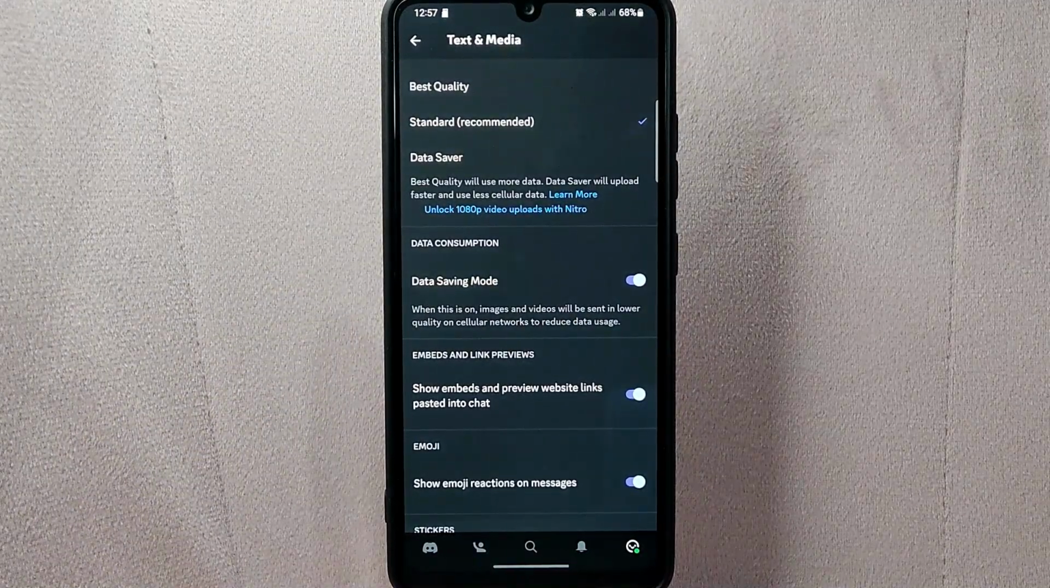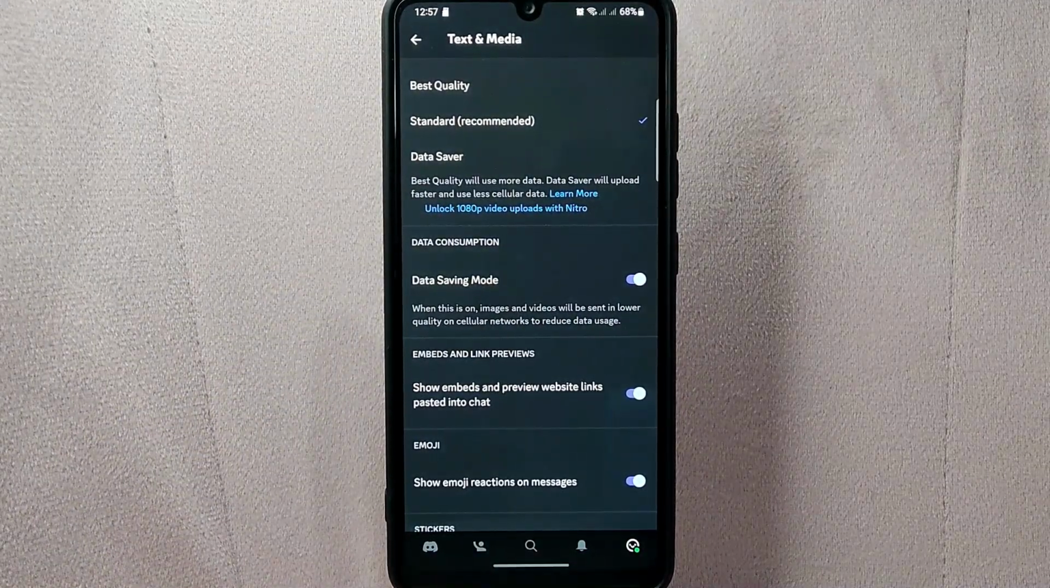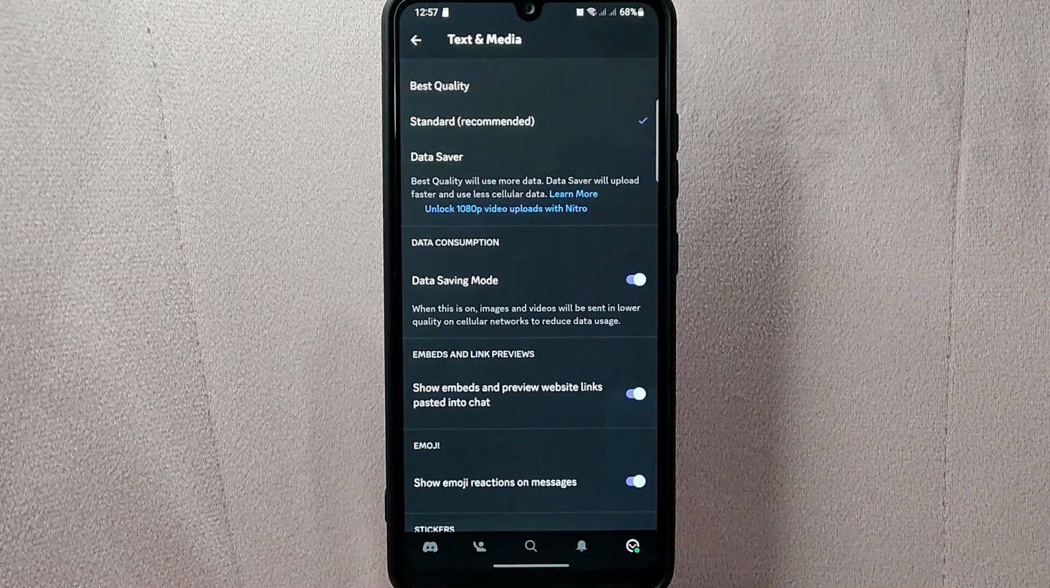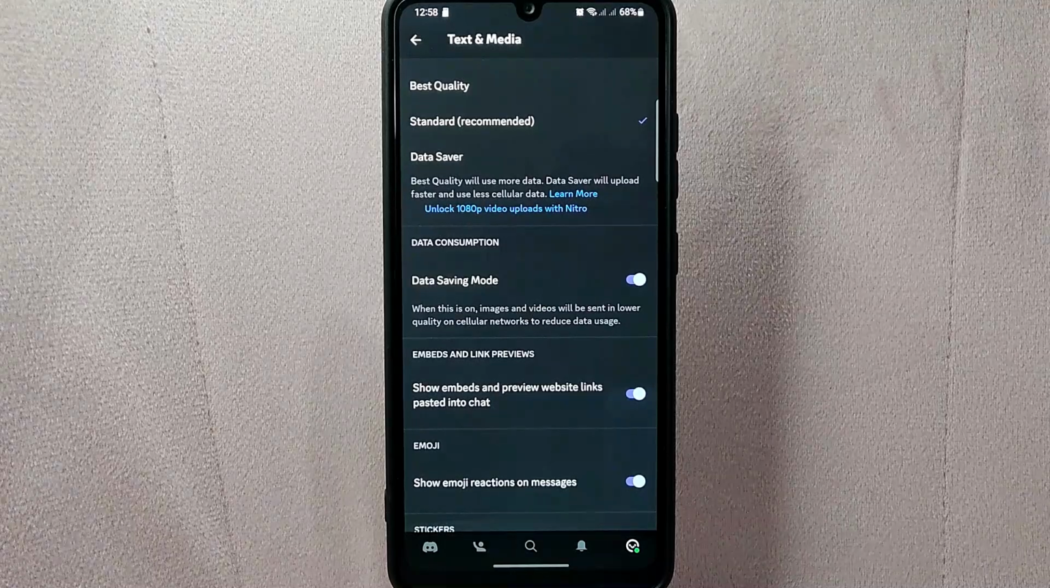Once enabled, Discord will optimize your mobile data usage by reducing the quality of images, videos, and other media files. However, it will not affect the quality of video calls and chats. There you go. If you wanted to know how to enable data saving mode on Discord, that is the easiest